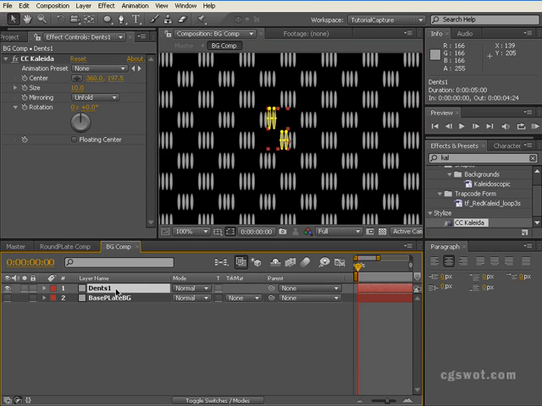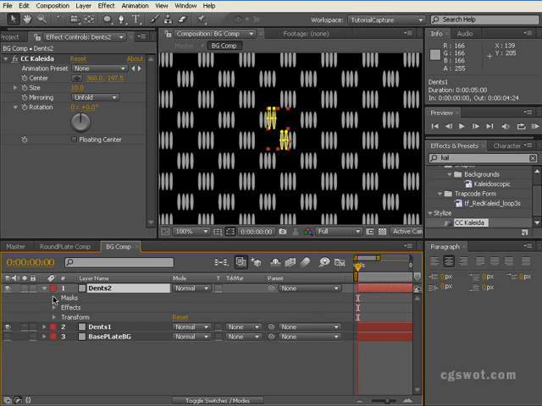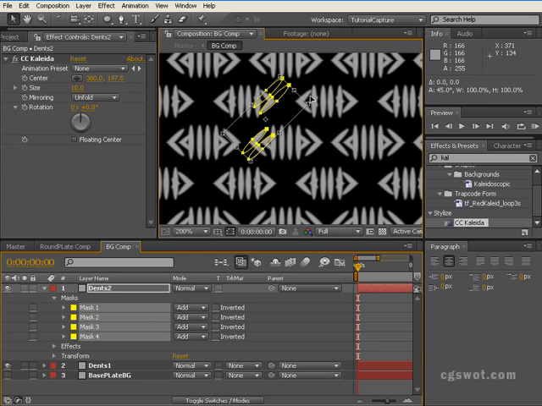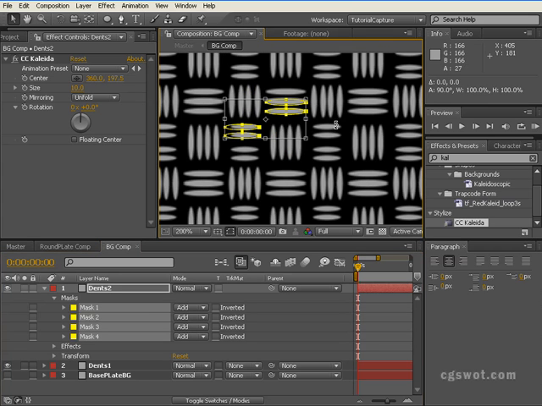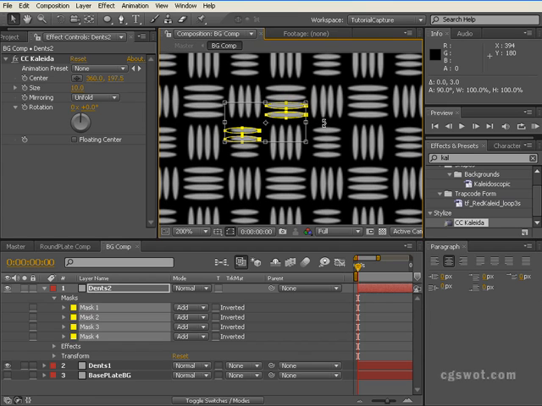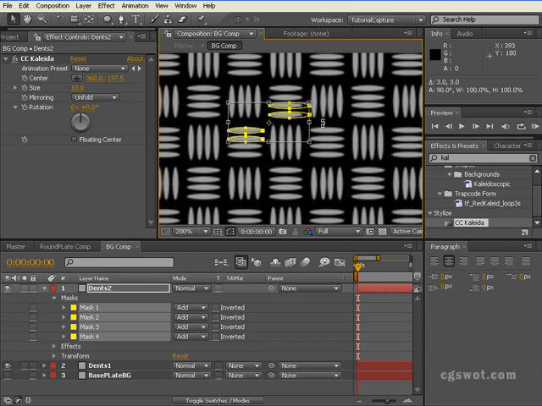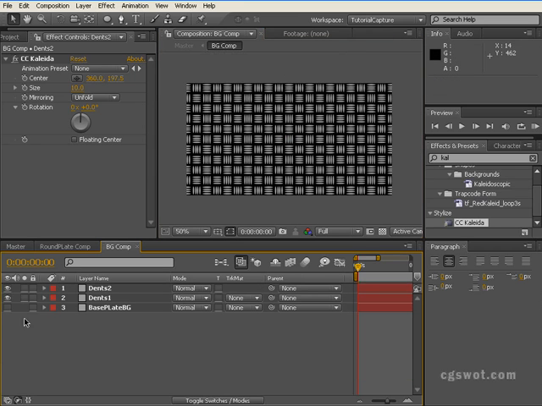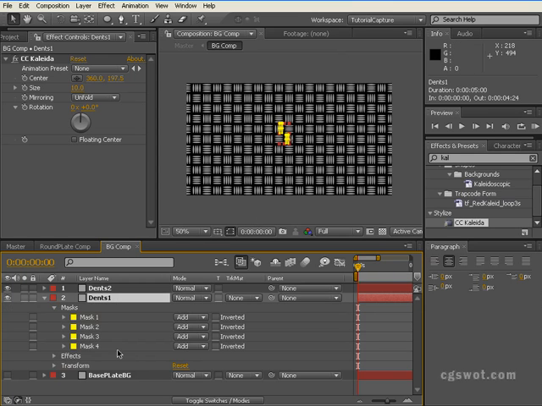So if we grab Dents 1 and Control D, and what we want to do is bring up our masks, highlight all of the masks, Control T, just come in here slightly, and we want to rotate them around 90 degrees, and we'll just bump them down a little and move them until we get a repeat of what we're looking for. And that's probably pretty close. Certainly not perfect, but it's close enough to what we need. So there's our checker plate design,